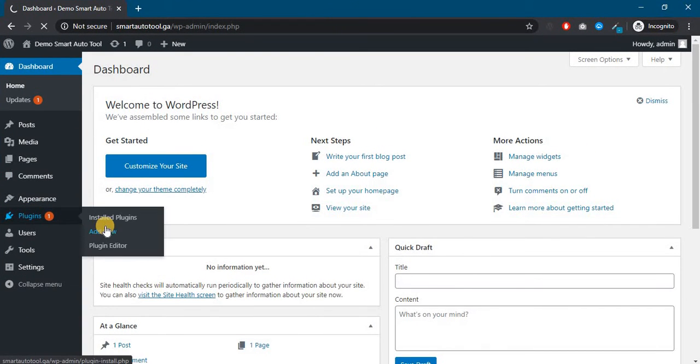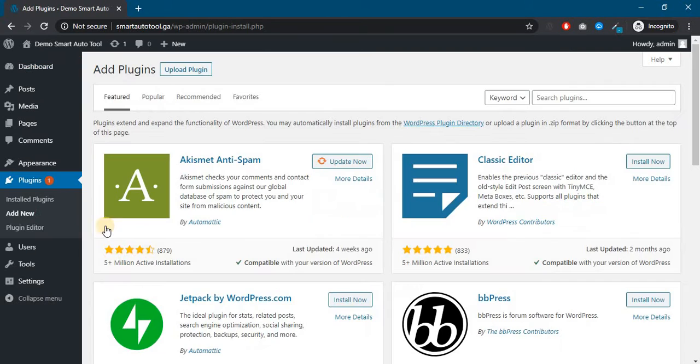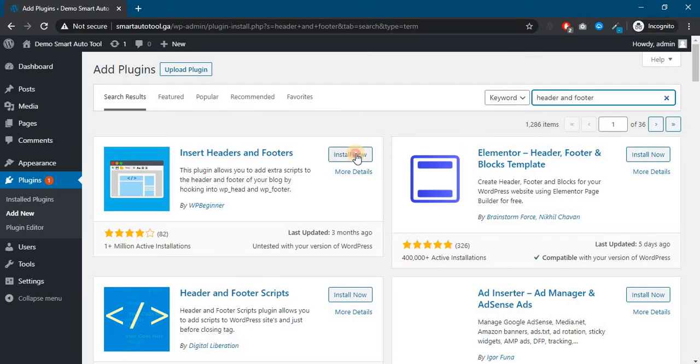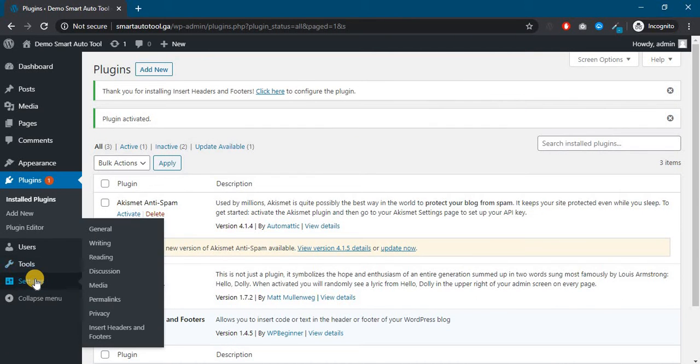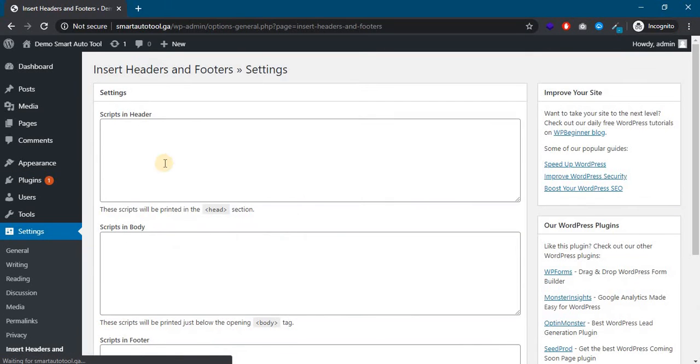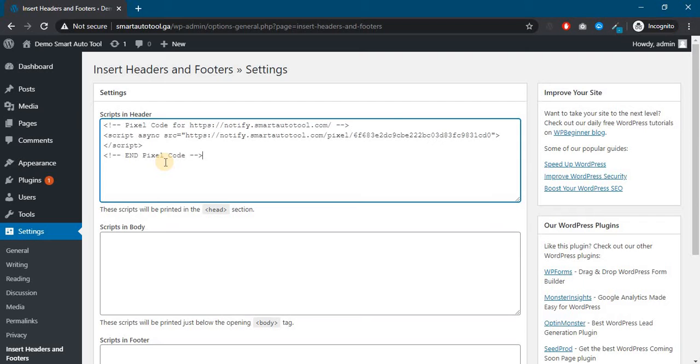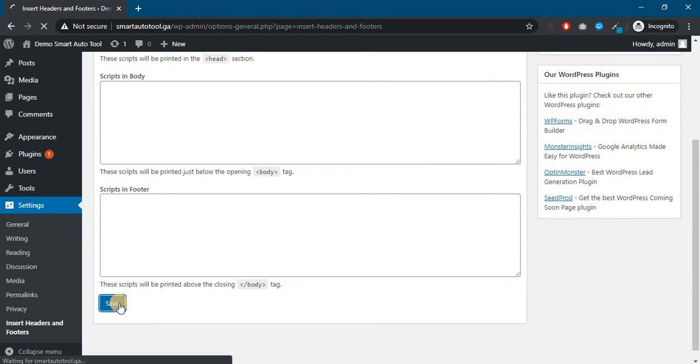Go to plugins, add new, search for header and footer, install now and activate it. Now go to settings, click on insert header and footer, add the code in the header section. Now save it.